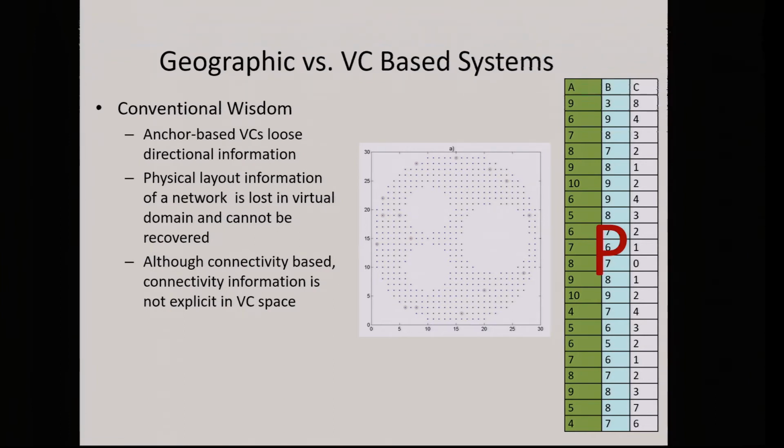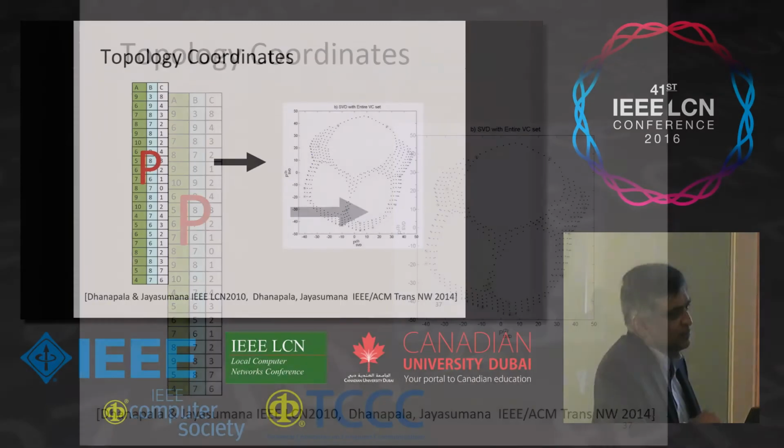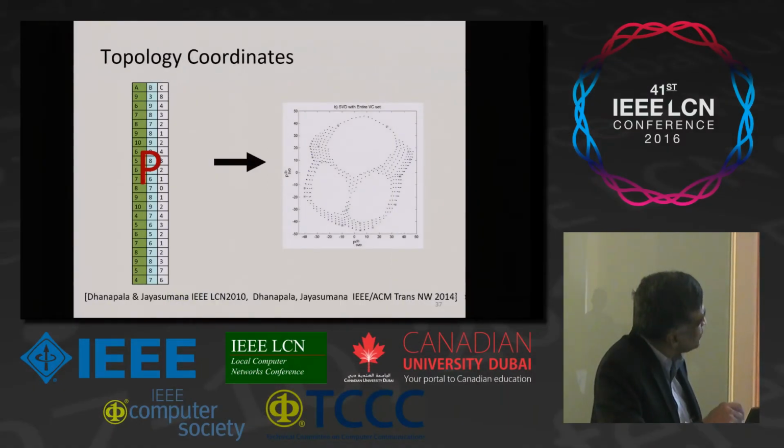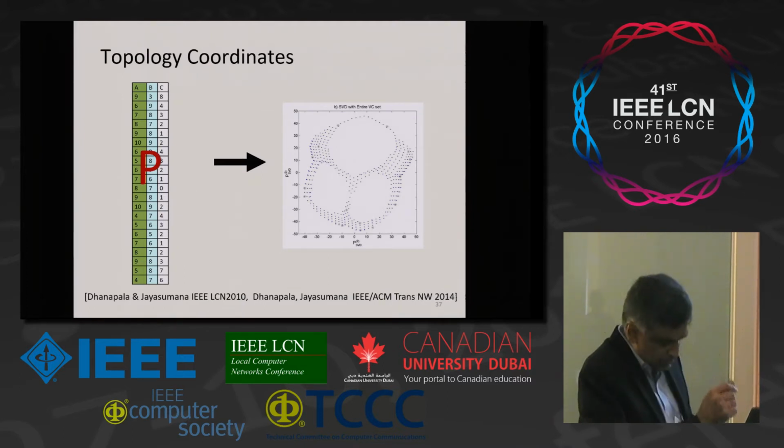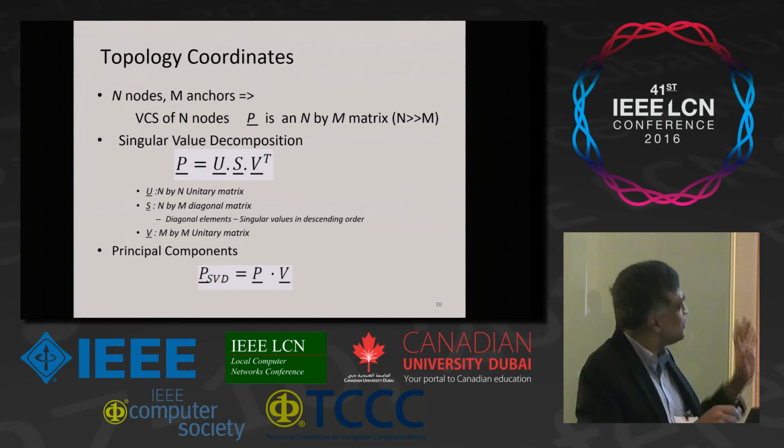And then back in 2010 at LCN, we presented this paper where we were able to go from here to obtain maps of these networks that have these features. You can kind of see the resemblance, right? And that's the starting point. So at this point, don't worry about the mathematics. There's a method. I will show you what we do.